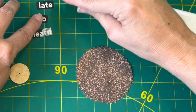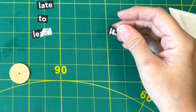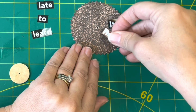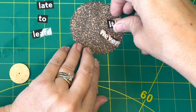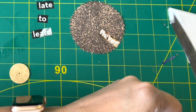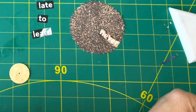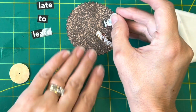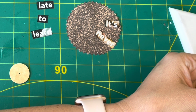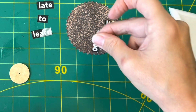So 6, oh no, what angle's 6? 30? Probably could work it out on my pad here, but let's just guess it. My standard response. Now this means I want to probably make sure these aren't too high, because it's nice if in your wedge you don't see the previous one. See, and now doing this, I realise I should have actually cut a much bigger circle, but I didn't. And that is how it goes, and those little mistakes, they end up making us more creative to try and find solutions. It's never too